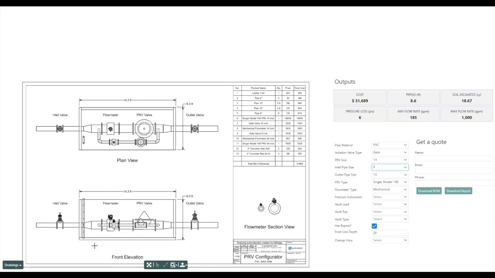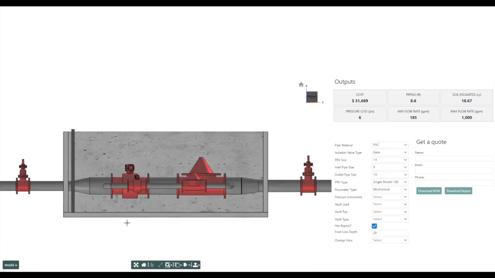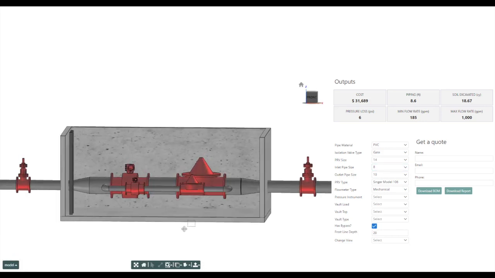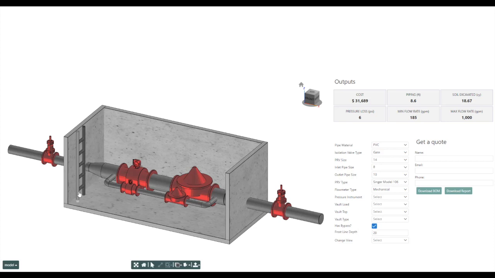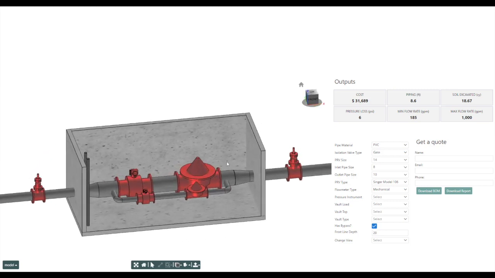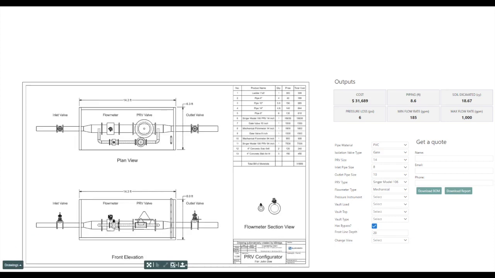Maybe one last thing, if I flip back to the model, I'll show an example of our snap drag capability that you saw in the previous demonstration. So you'll see this ladder, if I grab it, it actually knows where to go. In this case, I'll say that I want to position it on the opposite wall. So I'll go ahead and grab that guy. Again, it snaps into place. That looks good. Again, if I go back to the drawing, now I notice that the ladder is on the